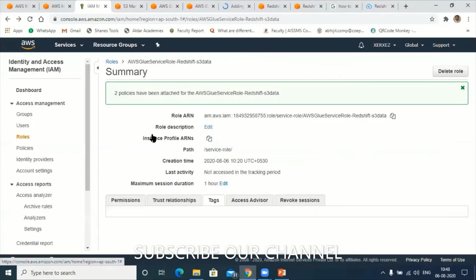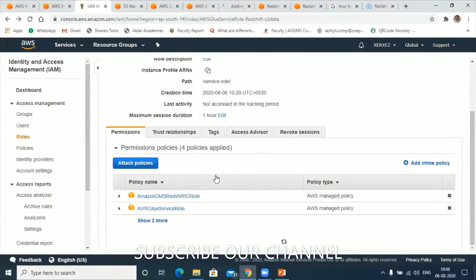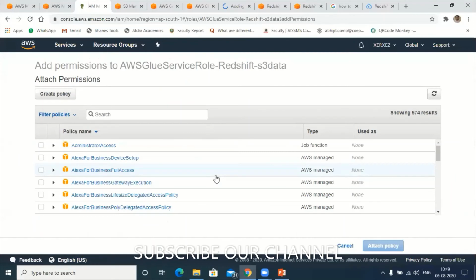Okay, two policies are added. Again you go to add policies. Next is S3 full access.